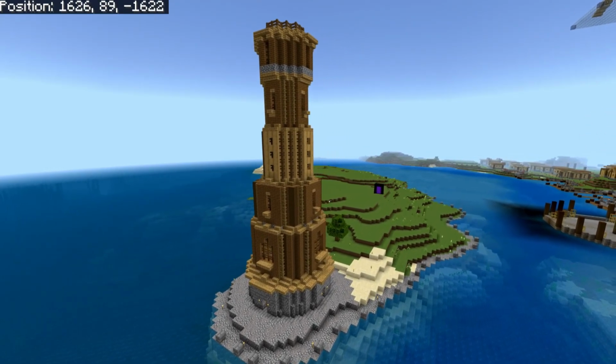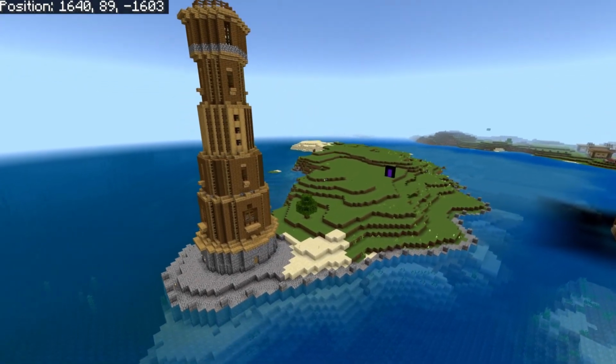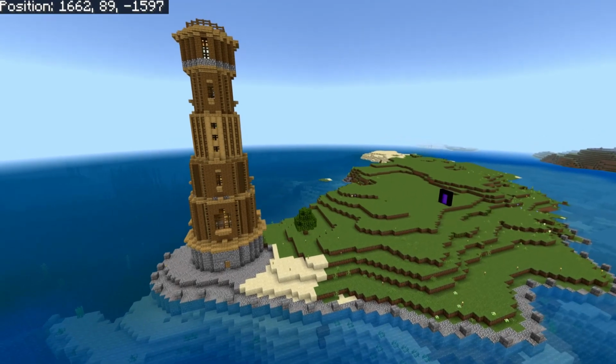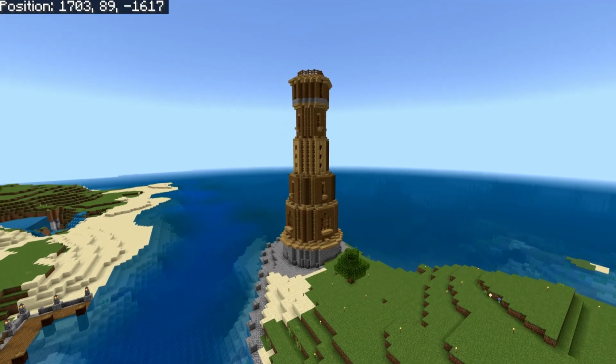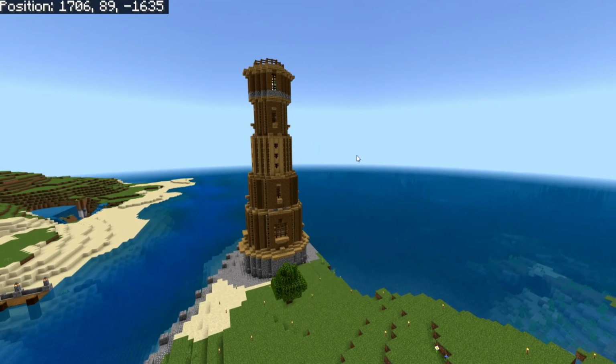And here we get a look at the lighthouse all completed with all the details and the covered lantern rooms for you guys to let us know what you think of. And with our lighthouse in place,